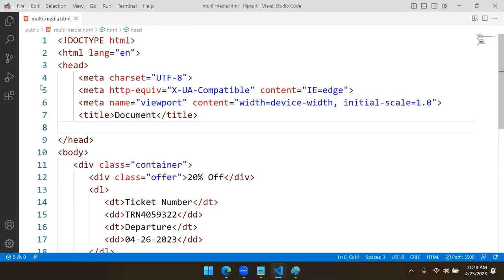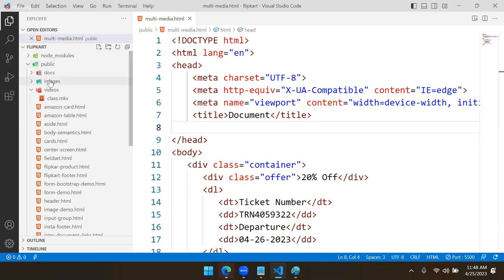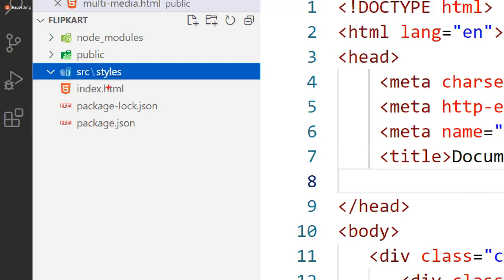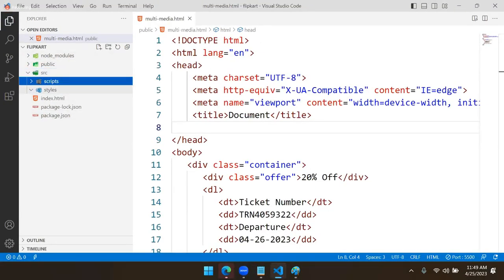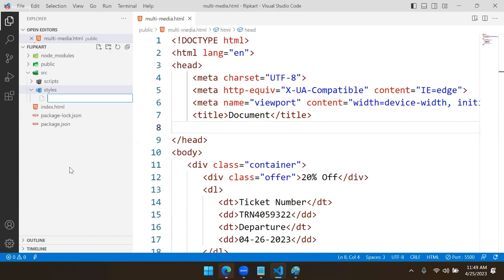And now you go to the SRC folder. In our project, we have the SRC folder. In that, we will add a new folder. And what is the new folder? Styles. In that, styles will come like this, because currently you have only one folder. Later in future, in SRC, we can add some scripts also. Later, we can add some JavaScript into that. In styles, we will add a new file,